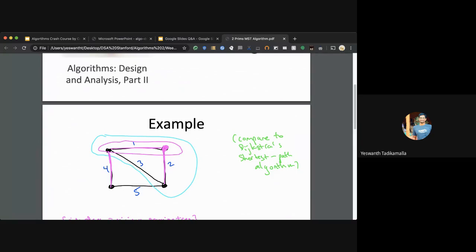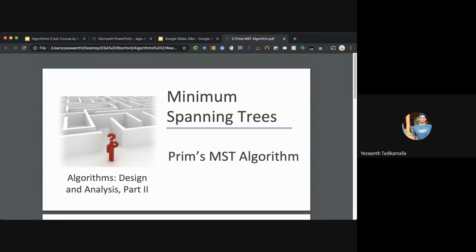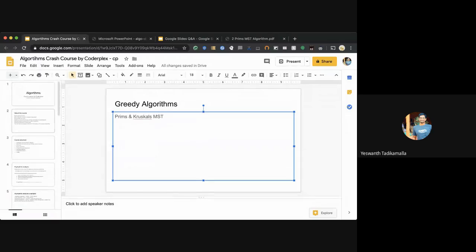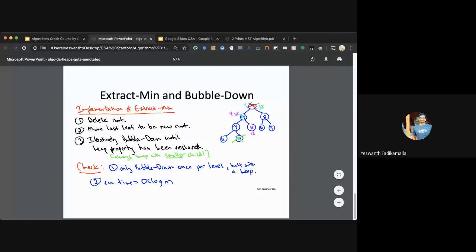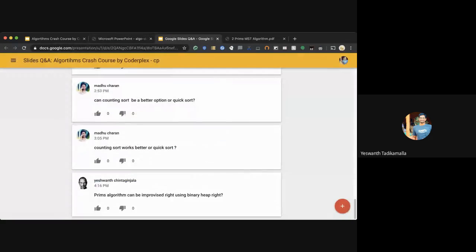So yeah, we are about 2 hours 15 minutes from the start of the session. I am done with what I want to discuss. The agenda of this session was to give an introduction to as many basic concepts of algorithms as possible. This should be a kickstarter for you to take up some of the topics that are there in algorithms, and probably start preparing for some of the questions that you can expect on algorithms. So yeah, I'm done. I'll see if there are any questions and probably stop here.